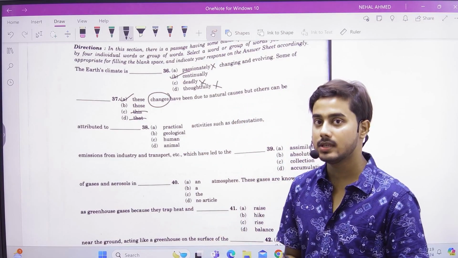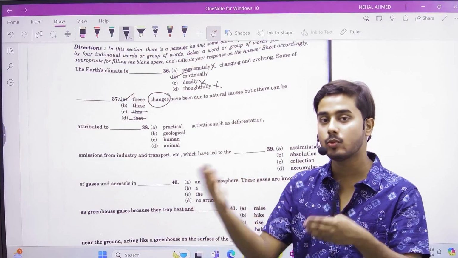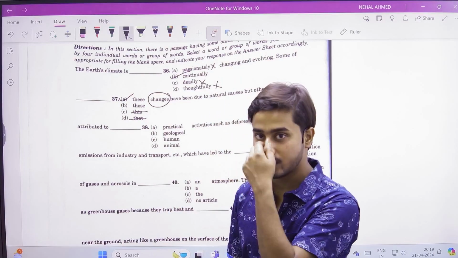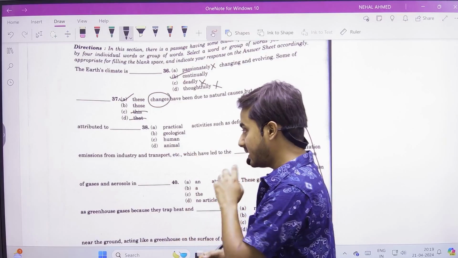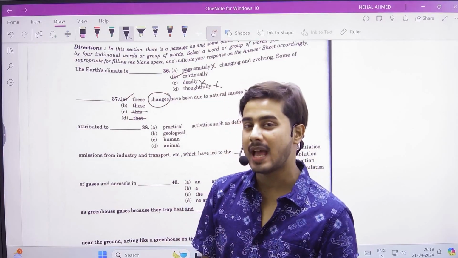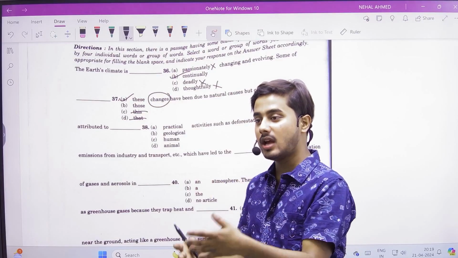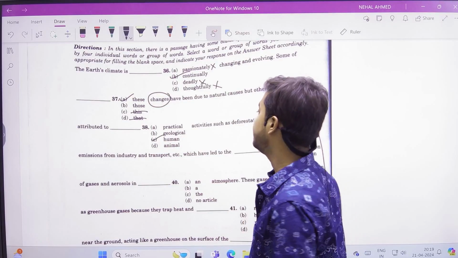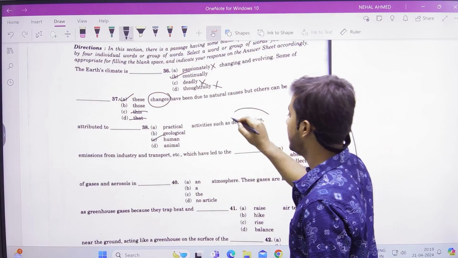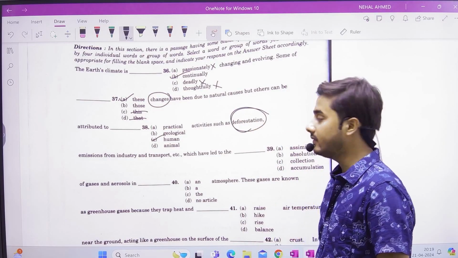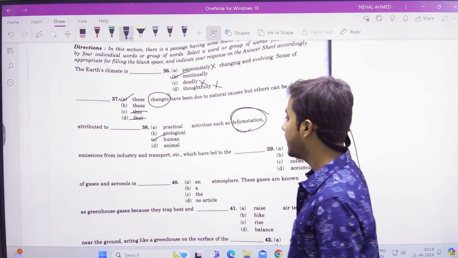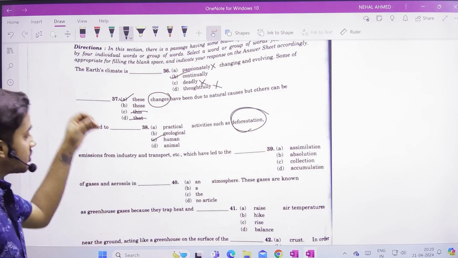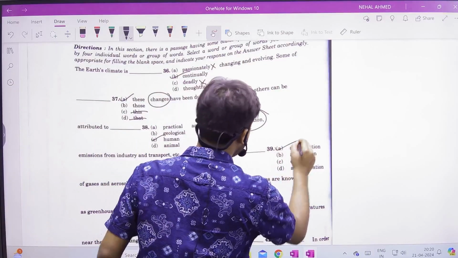Practical activities is very unclear. Practical activities like what? Of whom? Geological activities cannot contribute to a change of something in general. Animal activities: animals exist in a very organic way as they're supposed to, and they're inevitable as the creation. But we humans, at times, we do things. So human activities such as deforestation. Deforestation is something that animals cannot do. So human activities such as deforestation, emission from industries and transport, etc., which have led to dash